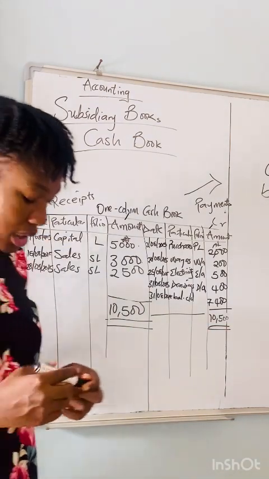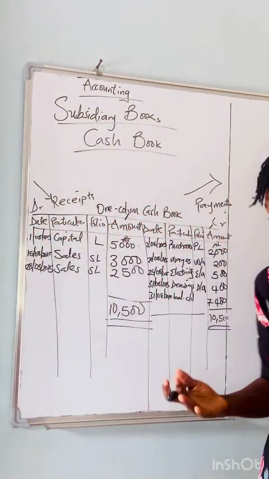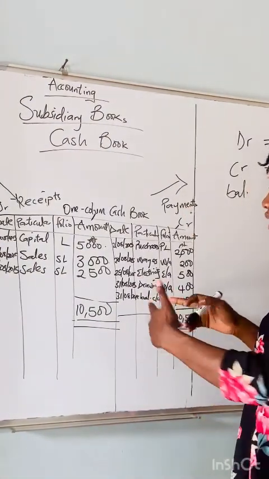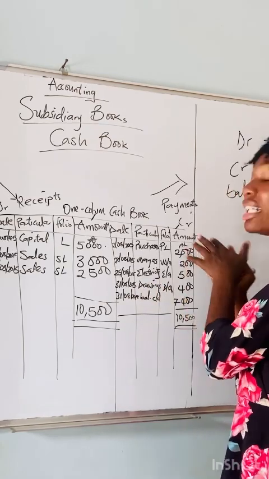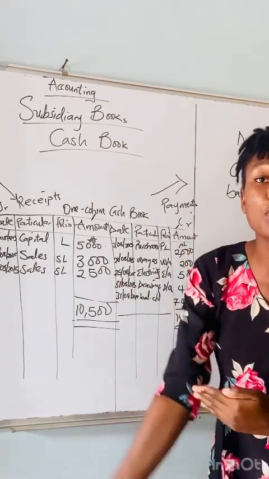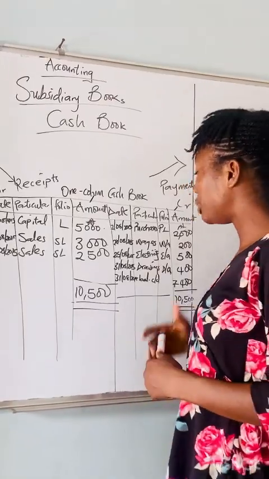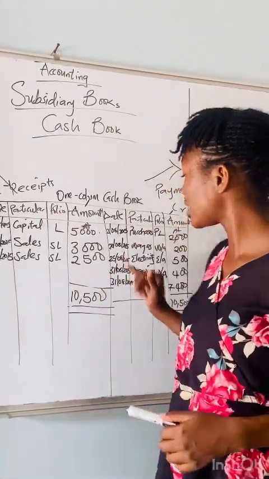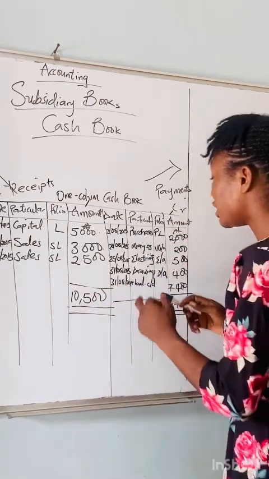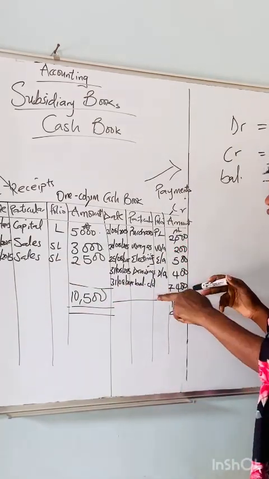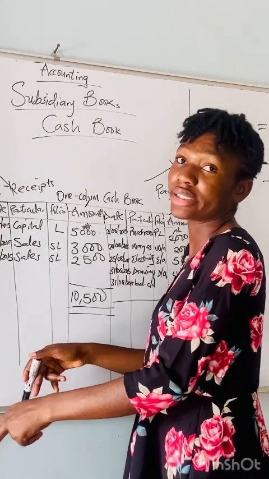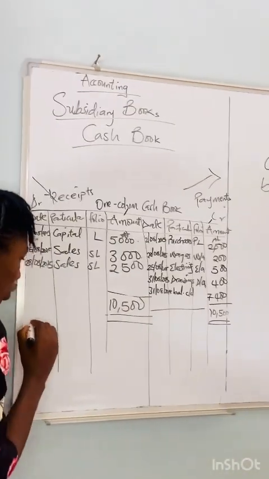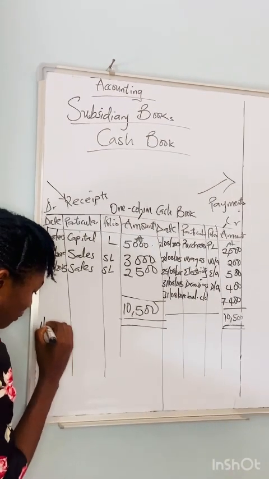But when going to the next month, we will still have to show that there was a balancing, okay? So since our balance carried down is on the credit side, we'll be introducing our balance brought down, alright? So at the beginning of the next month, we'll be introducing our balance brought down to the opposite side, okay? Since it was carried down to this side, we're bringing our brought down to the debit side. So at the beginning of the next month, after August, we have September. So on the first day of September,